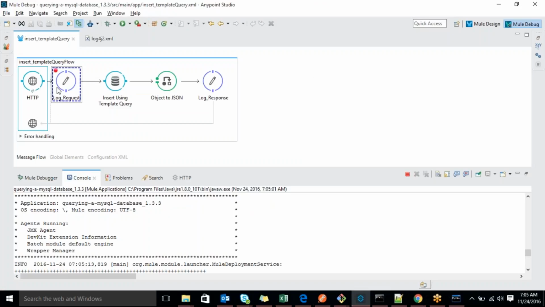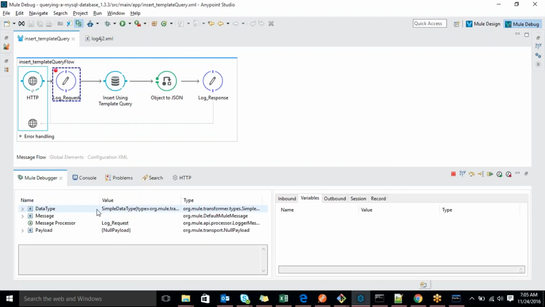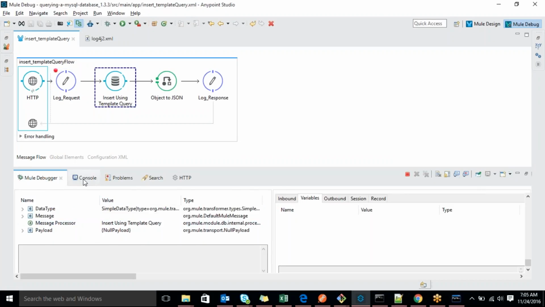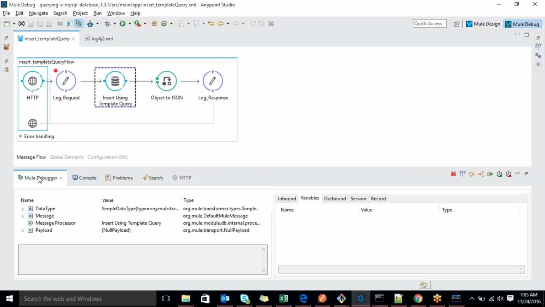Okay, so the request got in. Just log that. So now it got displayed. This is the database connection, and it got created. See this? Here we can see the positive value.